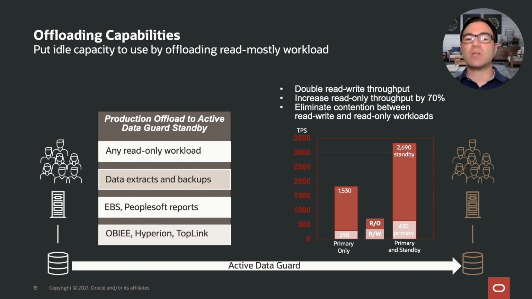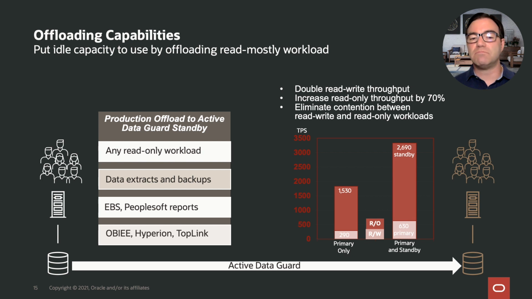But again, it's not just about redo application on the standby. As I mentioned before, particularly with Active DataGuard, you can use what we call offloading capabilities, which means you can put idle capacity to use by offloading read-mostly workload. Now, read-mostly is somewhat new, but in general, what we said you can do is you can run every read-only workload on the standby. Any read-only workload. A typical example is backups, but we're not limited to backups, because DataGuard is a physical replication environment. So you can actually take a backup on the standby and later on apply it to the primary as needed because it's a block identical replication.